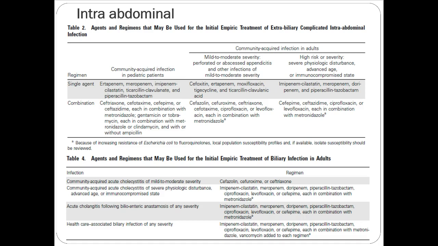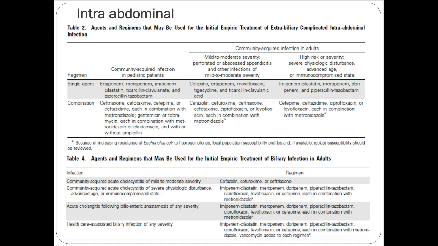Monotherapy is fine. So think about drugs that cover both good gram-negative coverage and Bacteroides coverage. So that's going to be cefoxitin, ertapenem's on there. Moxifloxacin would cover that too. Ignore ticarcillin because we just don't use it, and tigecycline. You would never use tigecycline for this, ever. I don't know why it's even in the guidelines. I suppose some places in the world might use it, but it's just a really broad spectrum drug that's got a lot of issues with it, and we only use it if we absolutely have to,